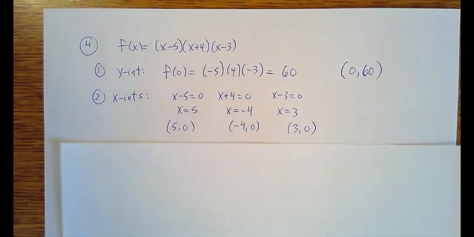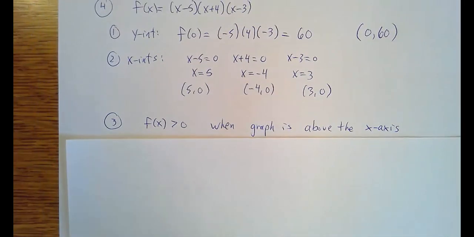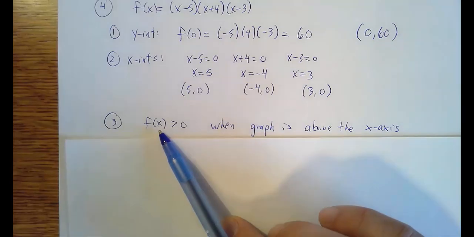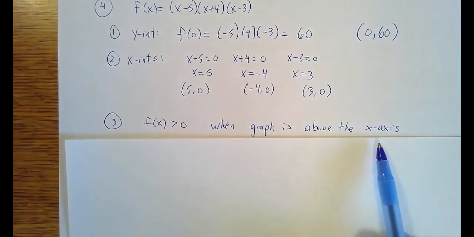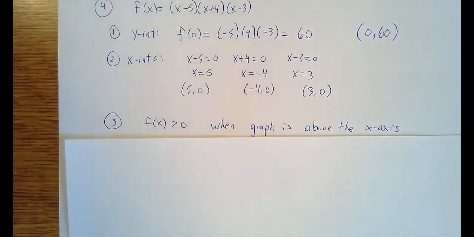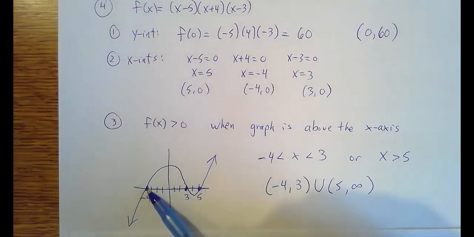Part 3 asks us to solve the inequality f of x greater than 0. So we see that f of x, these are the y-coordinates of points on the graph. The y-coordinates will be greater than 0 when the graph is above the x-axis. So using what we have already discovered about the x-intercepts, we have x-intercepts at -4, 3, and 5, and this